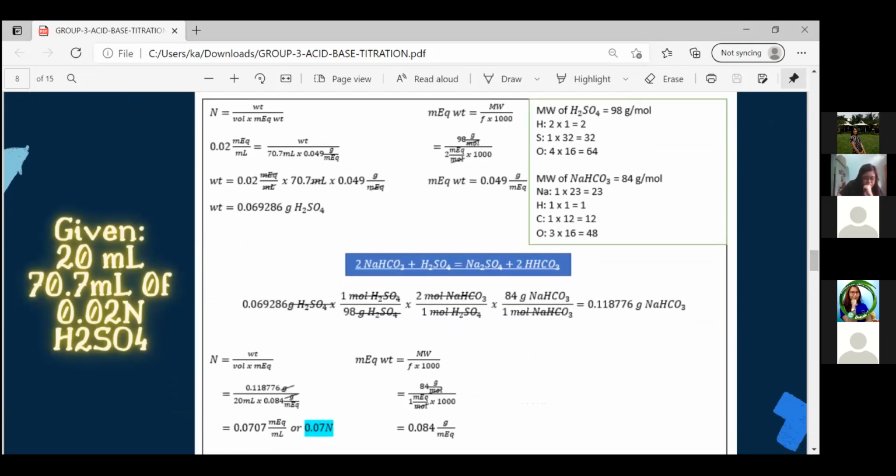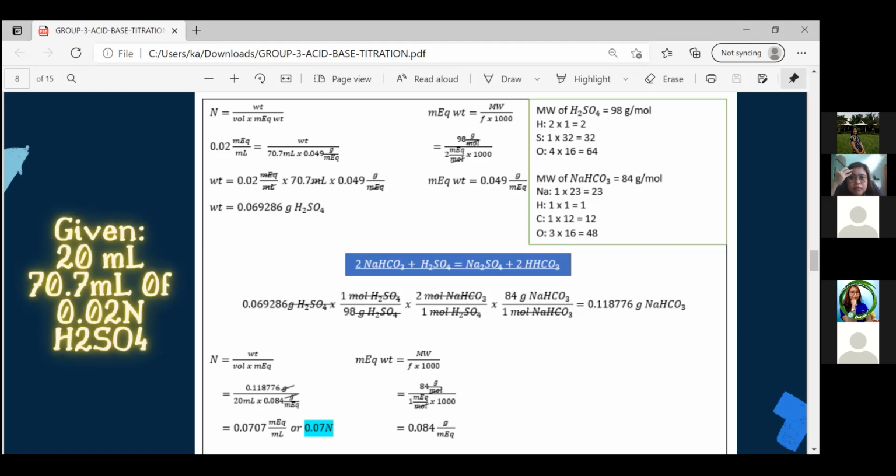For the solution, we have here for the trial 1 to get the normality of sodium bicarbonate. First, we need to get the weight of the sulfuric acid. So N equals weight over volume times MEQ weight. So we have 0.02 MEQ over ml equals weight times 0.049 grams